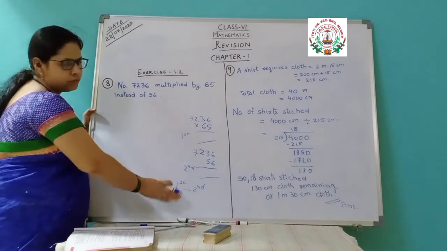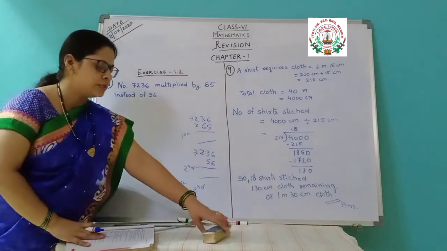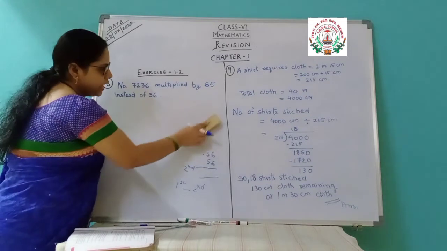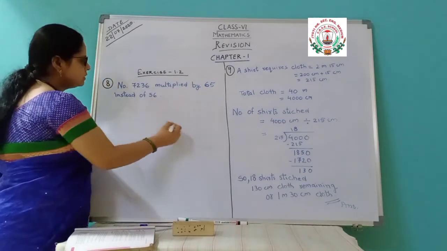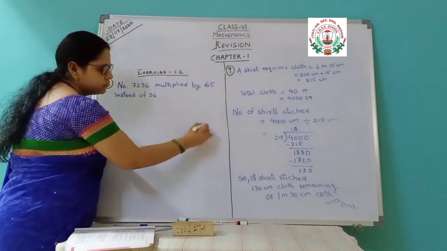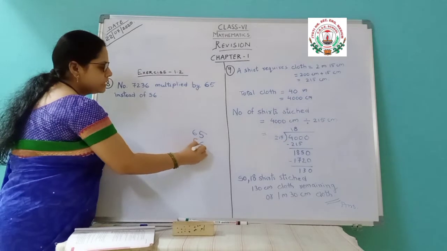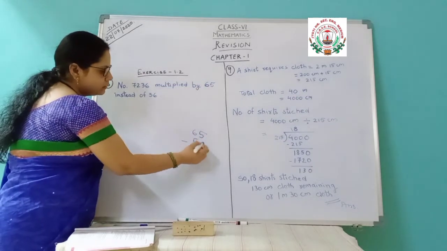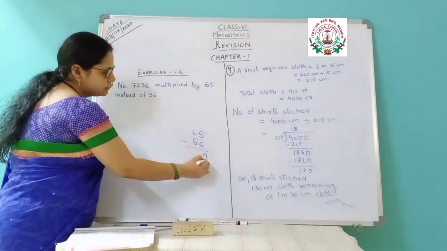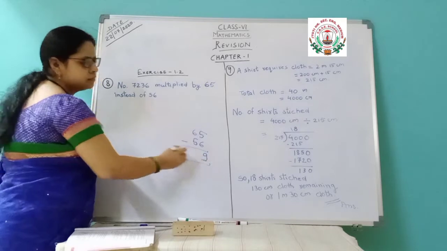But instead of doing these long calculations, you can also do it in a short way. What is that short way? Actually, in the shortcut way, instead of doing that whole calculation, you can just take out the difference of this, that is 65 minus 56. How much greater is it? That is 15 minus 6. It is 9.